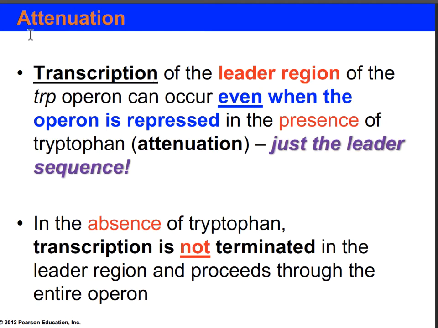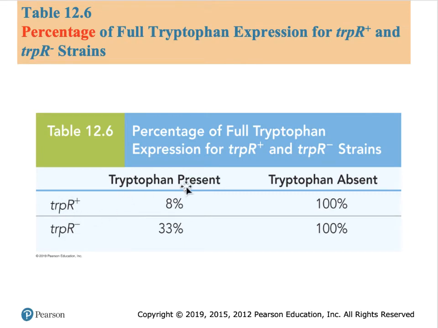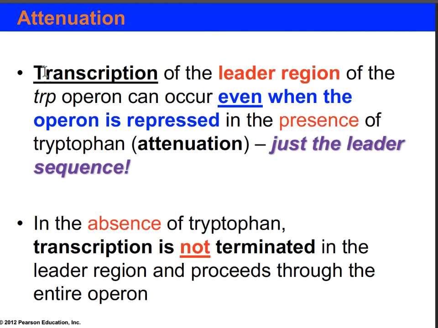In order to fully appreciate how attenuation works, and then to understand this statement here, we simply have to go back and look at this table. And the table says that in the presence of tryptophan, the Operon is leaky, still operating at 8%. So understanding that is very important. Then this statement becomes apparently clear that even when tryptophan is present inside the cell, and logic tells you you need to shut down this Operon because you have enough tryptophan, the leakiness allows the production of certain products from